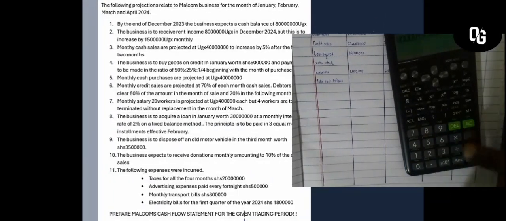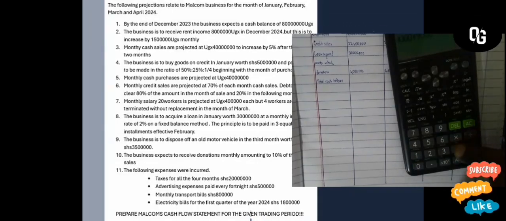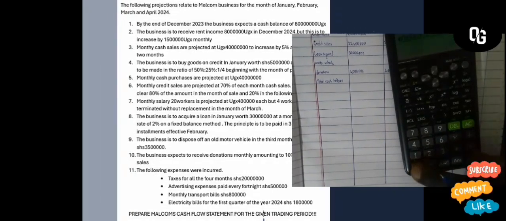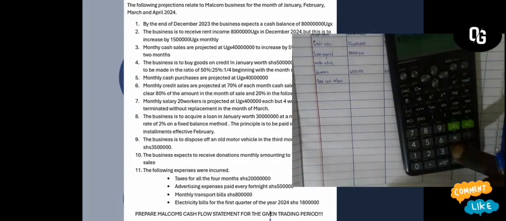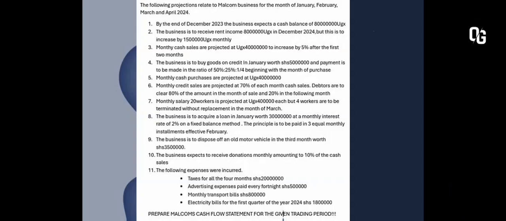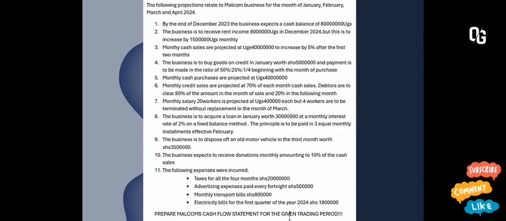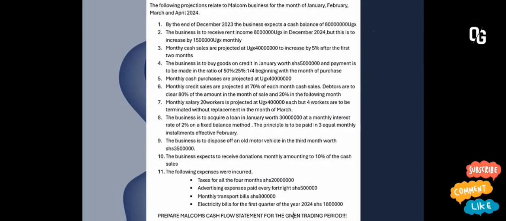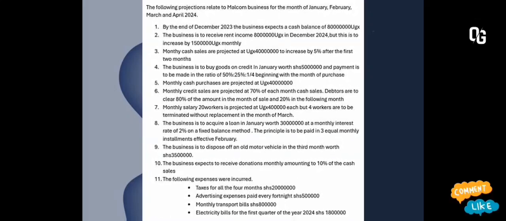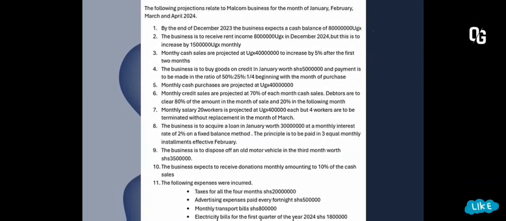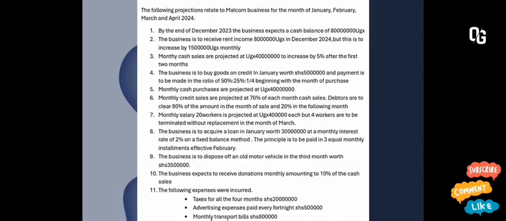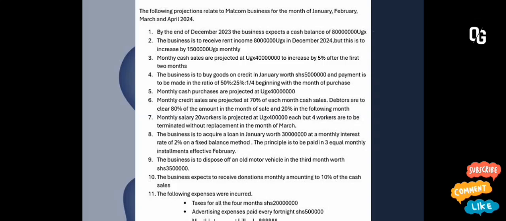This is a very crucial part of a cash flow statement. It shows how much money is moving out of the business, which item or which activity took out money from a business. So, moving on. Our very first cash outflow will be goods bought on credit. So the business is to buy goods on credit in January. This is the fourth transaction. The business is to buy goods on credit in January worth 50 millions